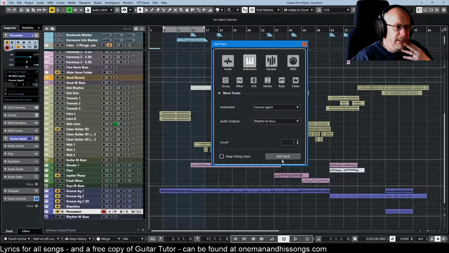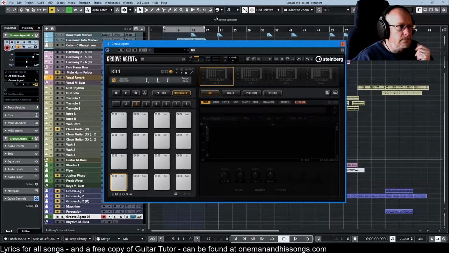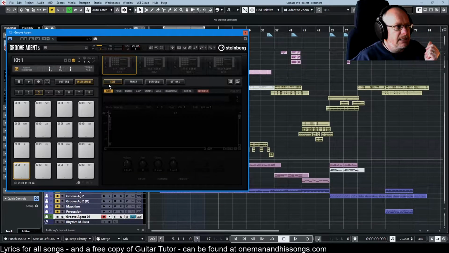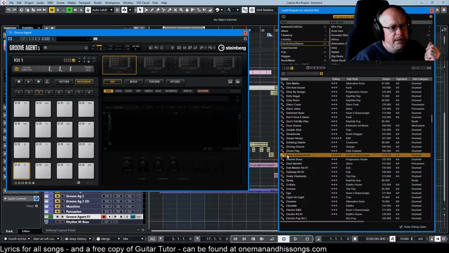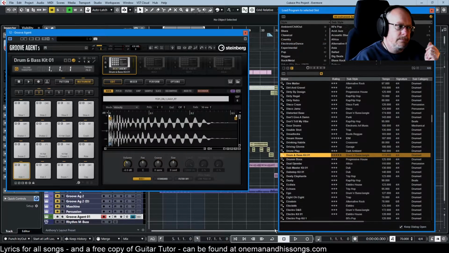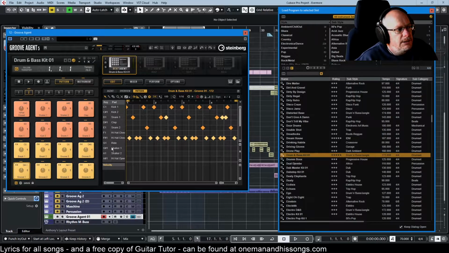I'm going to start with a completely new instance of Groove Agent, and this is significant. Here we have a completely clean agent. I'm going to load kit with patterns, and I'm going to pick this drum and bass kit 1. Now let's have a look. You've got G1 ride, F sharp 1 hi-hat closed, just remember those. If we go over to the pattern editor and have a look at that pattern, there's your G1 ride and your hi-hat closed. Okay, I close that down,